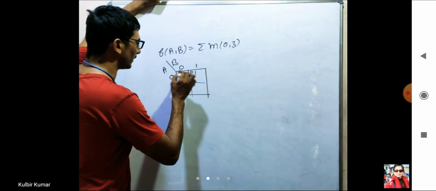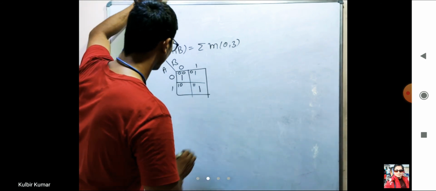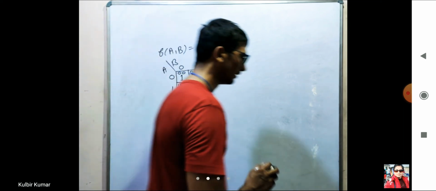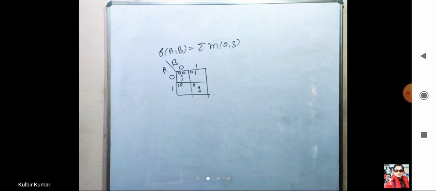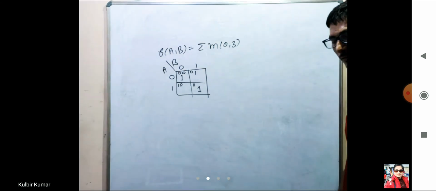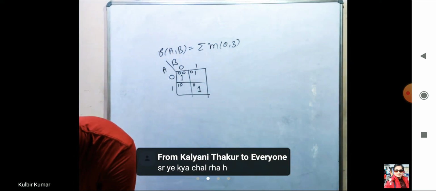So just like for 0 0 I have 1, for 1 1 I have 1. That's it. So simply put 1 here and 1 here. That's it. So here further simplification is not possible. So shortly we will discuss when some further simplification is possible. And yeah, it is K map actually.